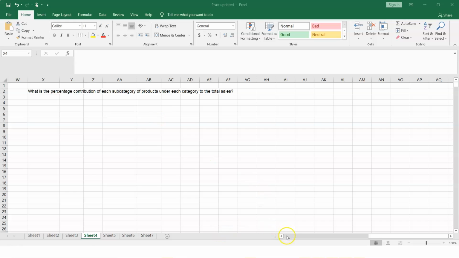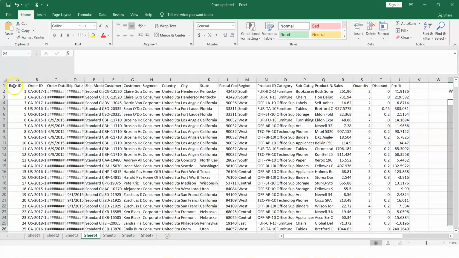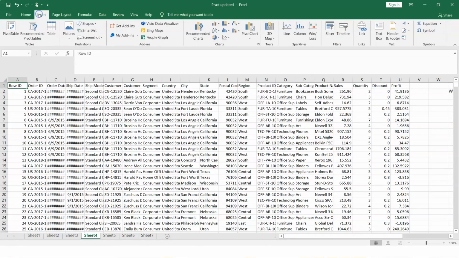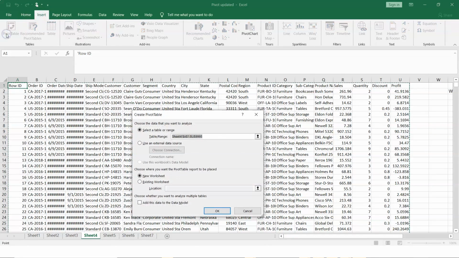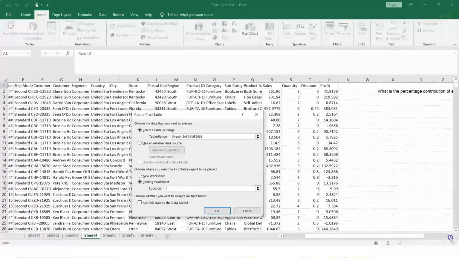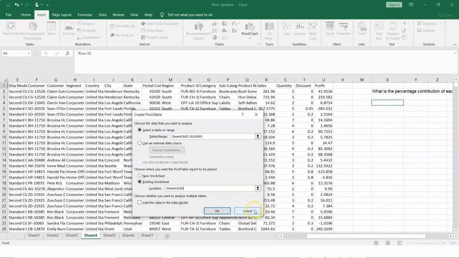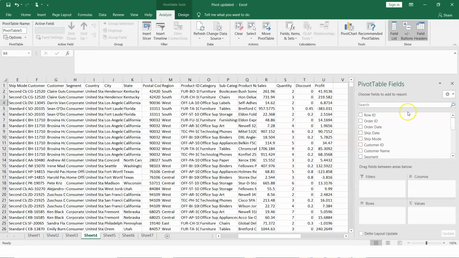So for that, we need to again just place our cursor here or select the first row and first column, click on your insert, click on your pivot table, and now the data is already selected, existing worksheet. Place your cursor here and then let's select this cell, say OK. Now your pivot table fields are here, so we are interested in category. So let's select category, and then within a category we will have subcategories, and we are interested in the sales